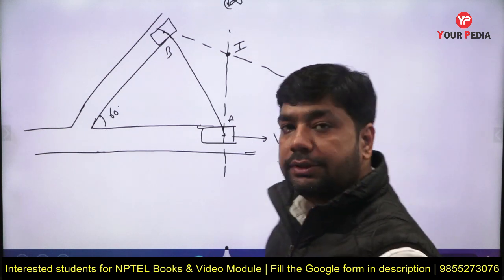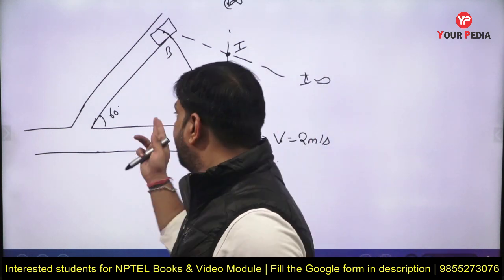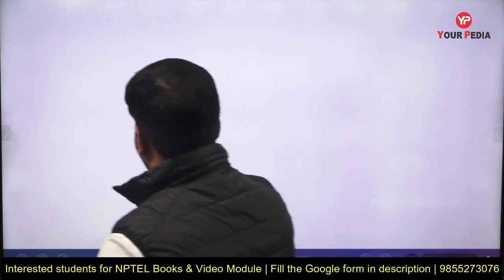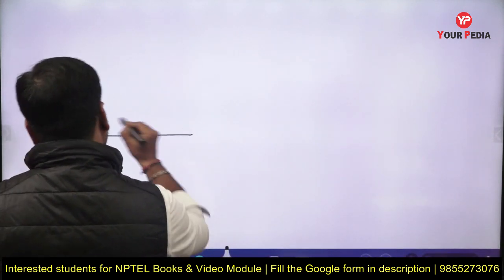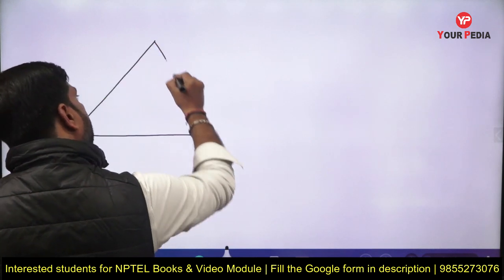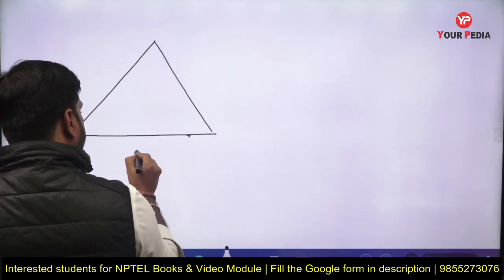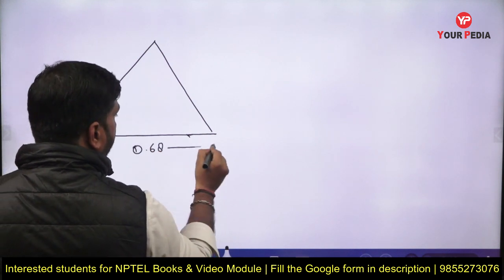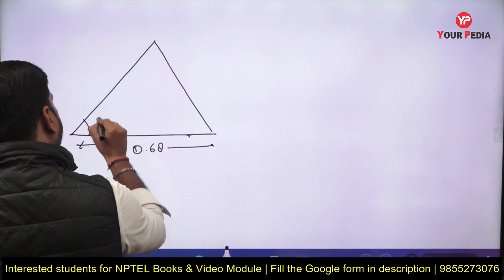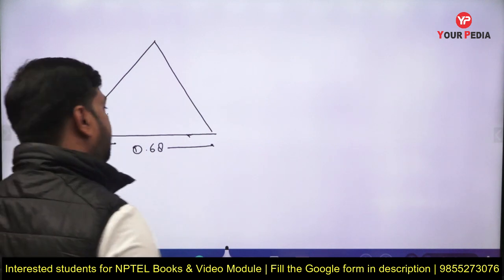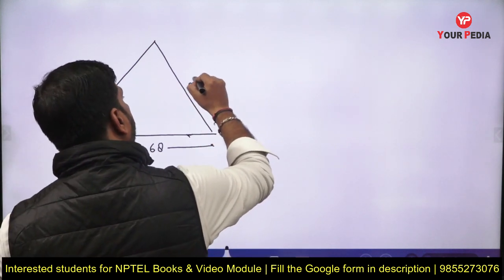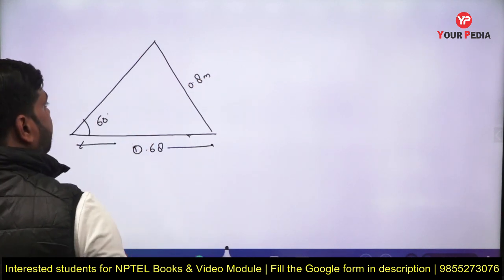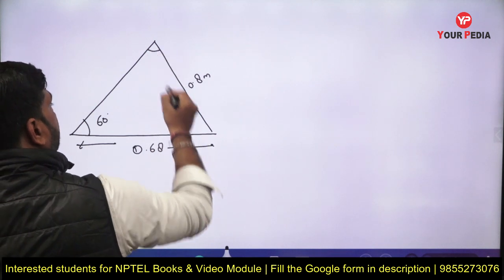So first of all, we are just trying to solve this by knowing the different angles which are included in here. So this one is the 0.68 meter, and this angle is again 60 degree given in the question, and this is a length 0.8 meter. So now you have to find out the value of the angles, different angles like this one.